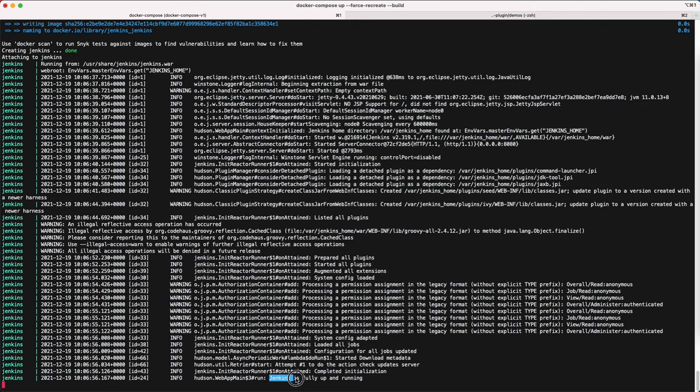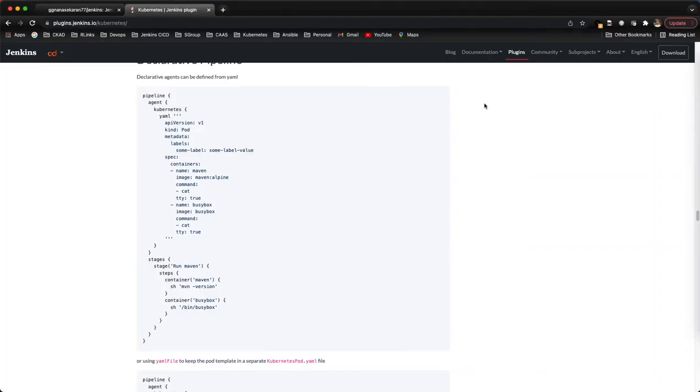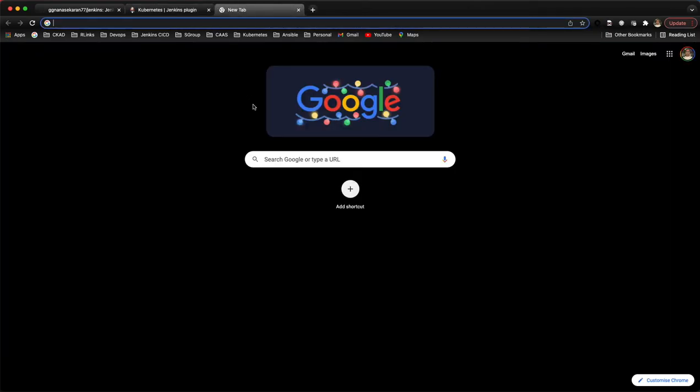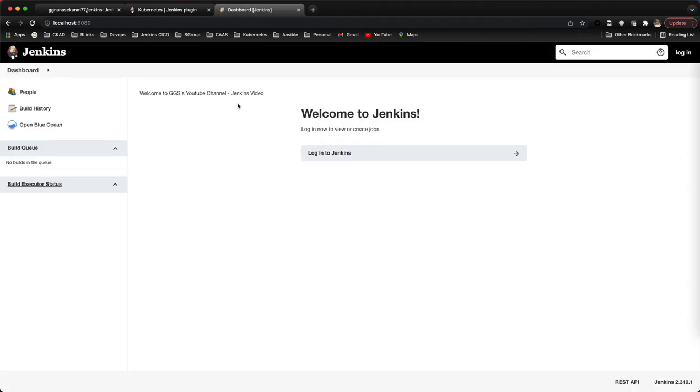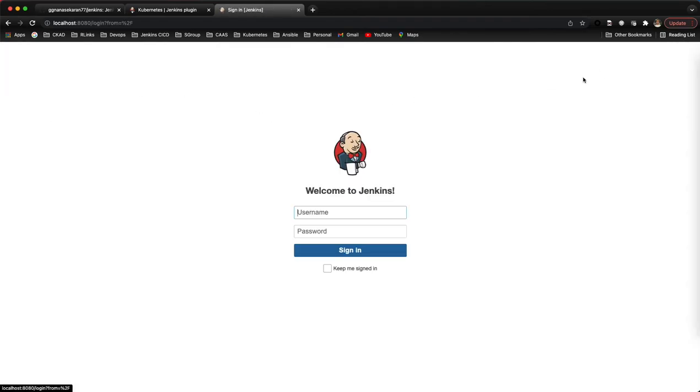So we can see Jenkins fully up and running. Let's go and access it now at localhost 8080 and log in to Jenkins.